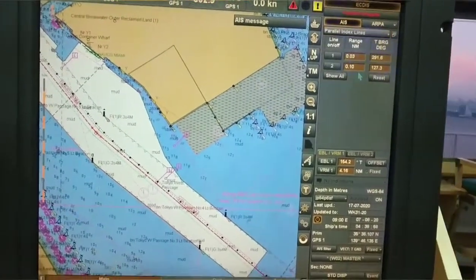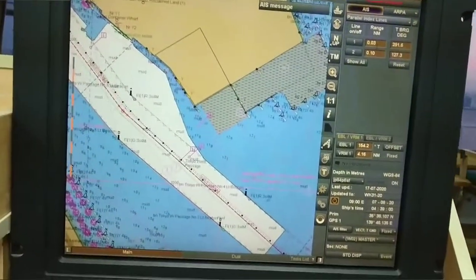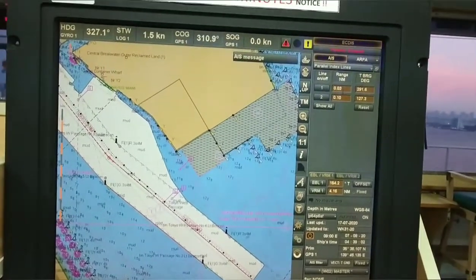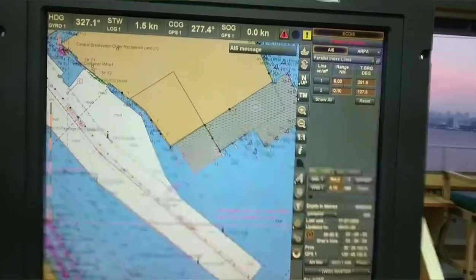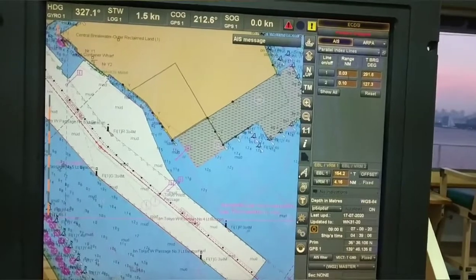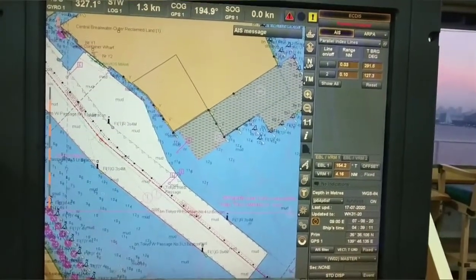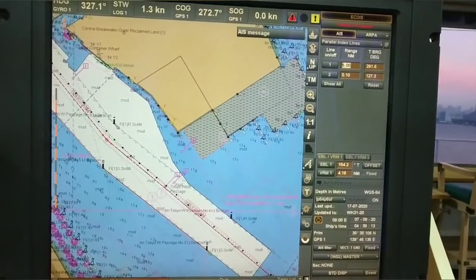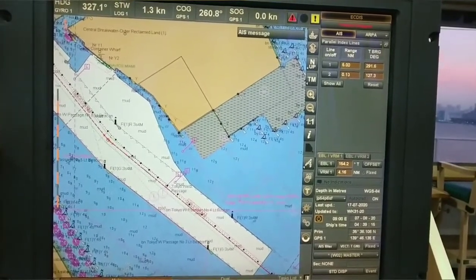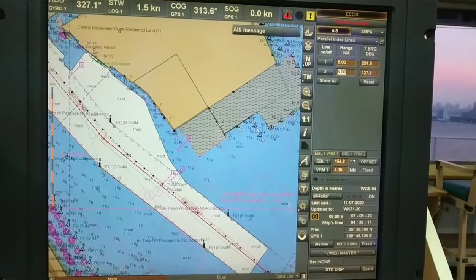Next is PI lines, the parallel indexing lines. Suppose you are passing your vessel between two land objects, you can put PI. It gives you a safe marking distance from the land object. Suppose I want a PI of 5 nautical miles from both sides of the land.